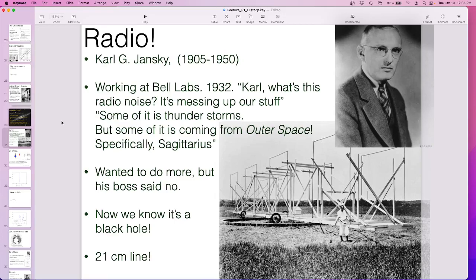He found one radio source in Sagittarius. Remember earlier, one of those pictures had the galaxy centered on Sagittarius. He found this really bright radio source in the middle of Sagittarius that he couldn't explain. It's always there, really bright. We now know this is the first actual measurement of a black hole, because that black hole is one of the brightest radio sources in the sky.